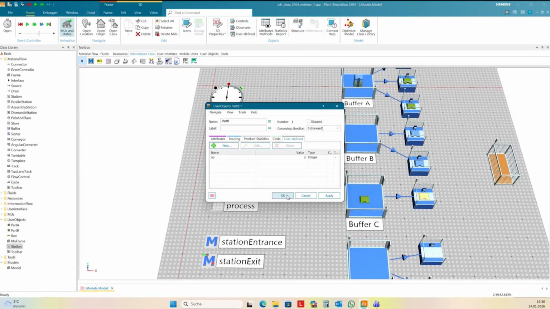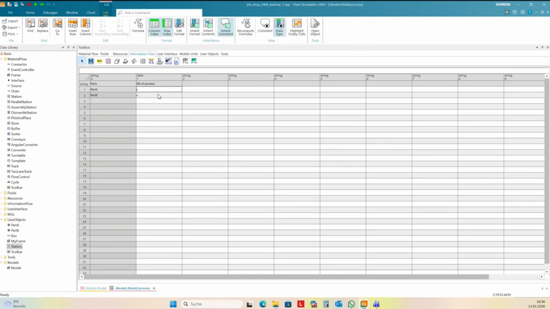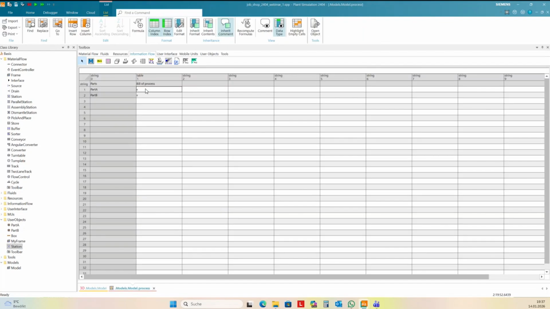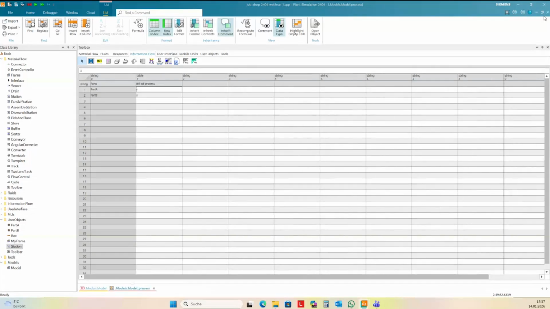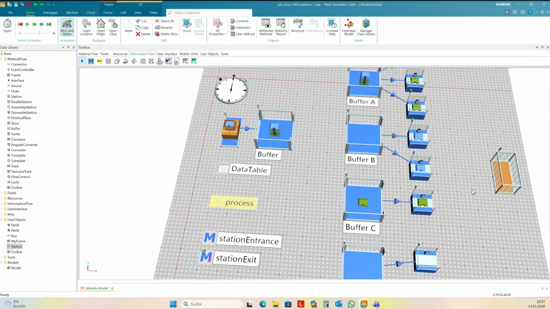It's OP2, and then you can look in your process table, this is part E. In step 2 is drilling. This should be in the shop B. So this is okay.